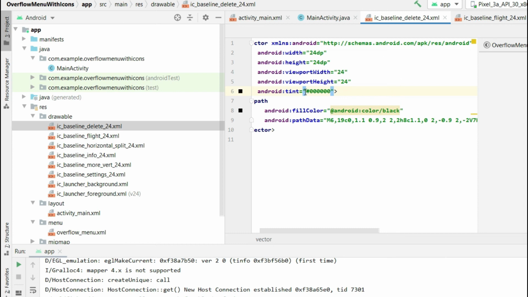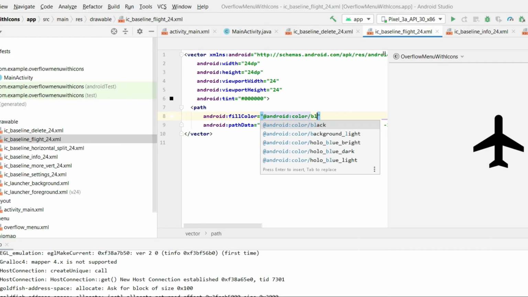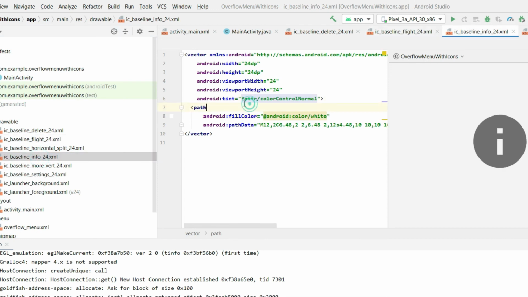Copy this code and repeat for every icon we want to display. And also select here black. Paste it here and from here select black.